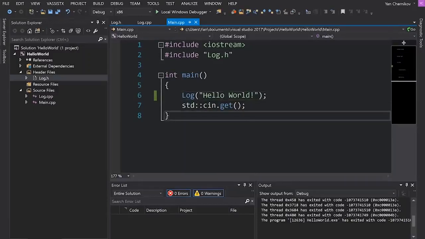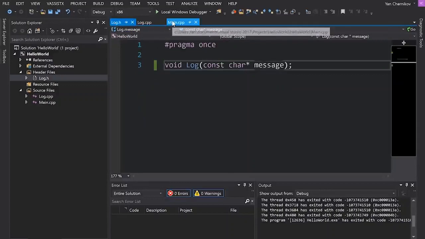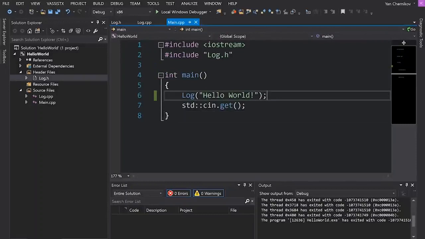Simple Visual Studio project. I've just got my main file here, which calls log. This is the log.cpp and log.h that we made in the previous video, in the video about C++ header files. What we're going to do first of all is set a breakpoint, and then we're going to